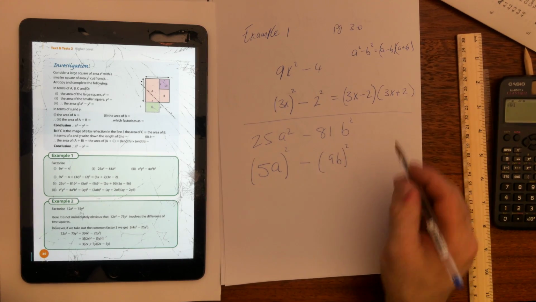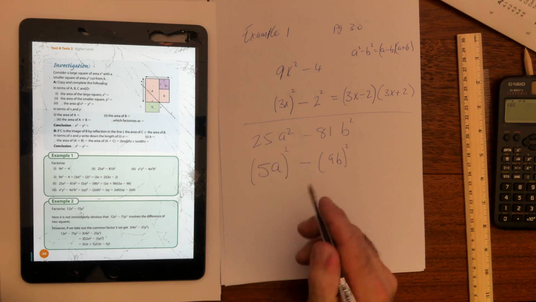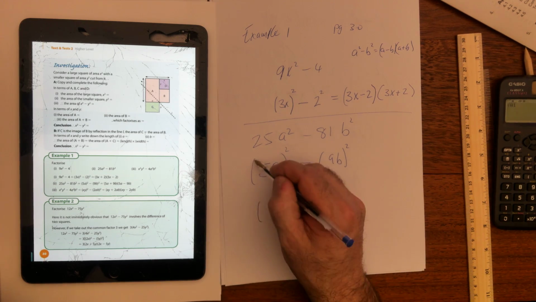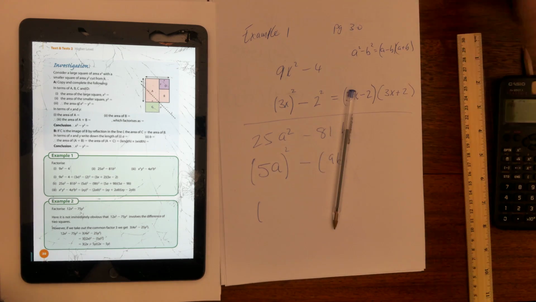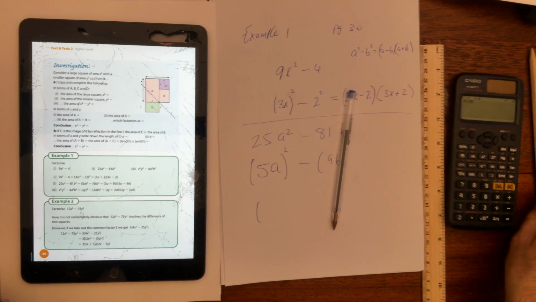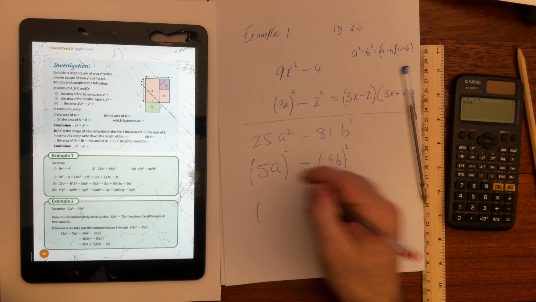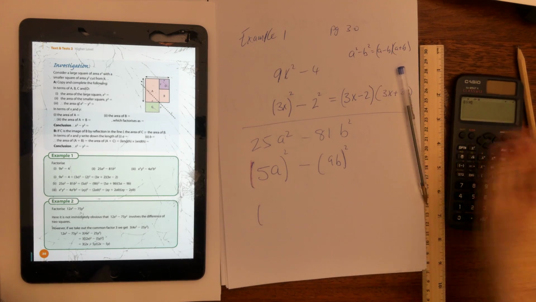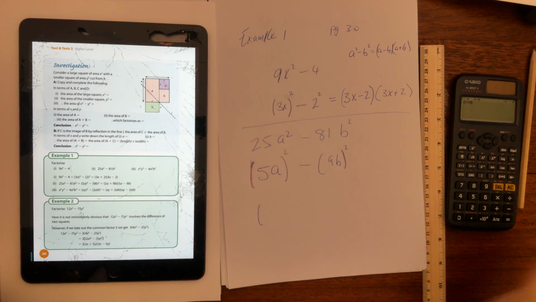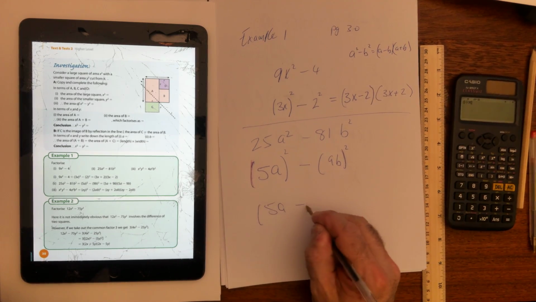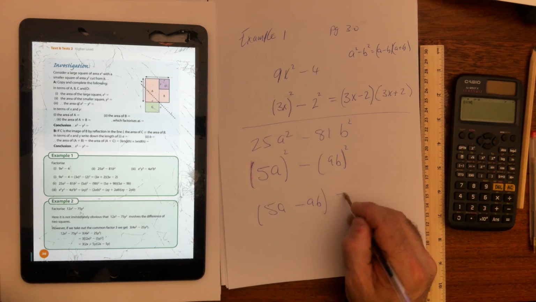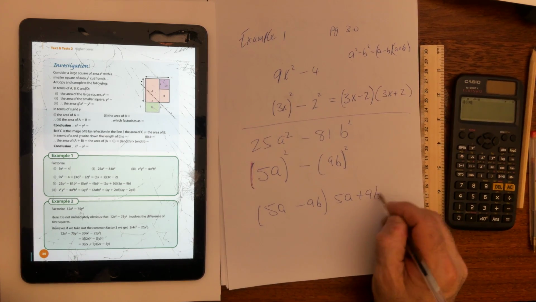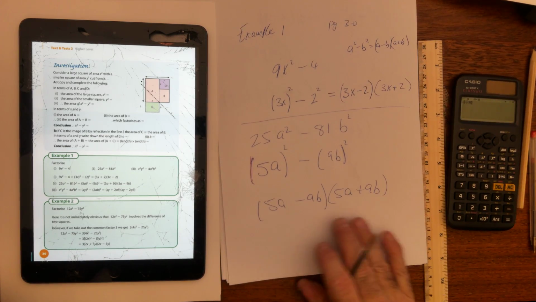Okay, and then you'll apply the identity, where it's as if you're using that bracket and then that bracket only. So you're going 5a minus 9b and then 5a plus 9b. Okay,